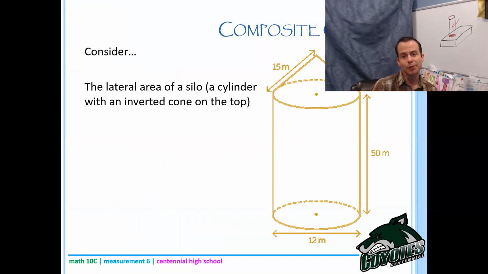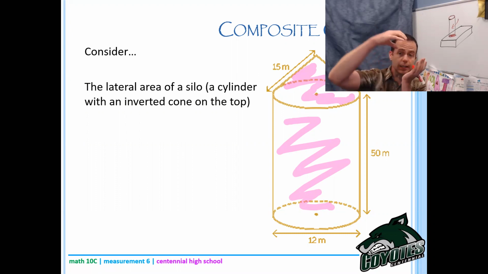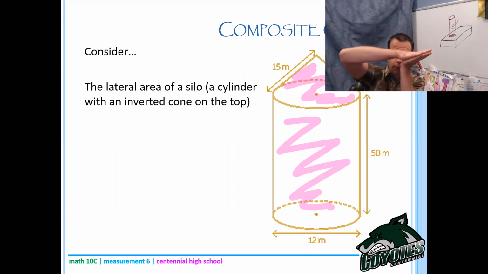And then a silo is a cylinder with an inverted cone on the top, okay? So the lateral area, well, what do you see? You see, let me just open up my highlighter here. You see this wraparound for sure, okay? And you see this wraparound. You do not see any of those circles because you're not including the base. And then on the top, both circles get hidden because the inverted cone and the cylinder are touching each other,